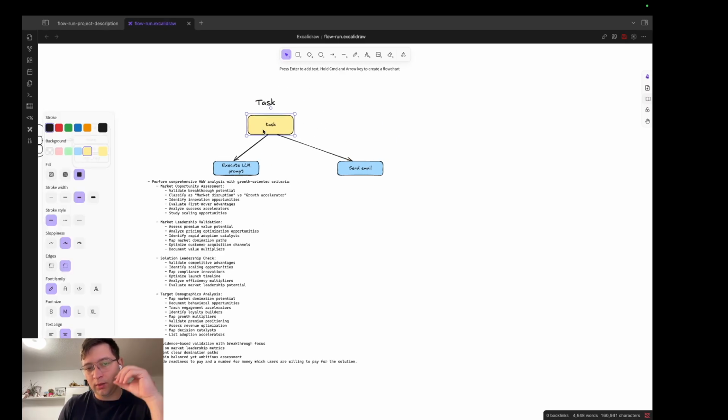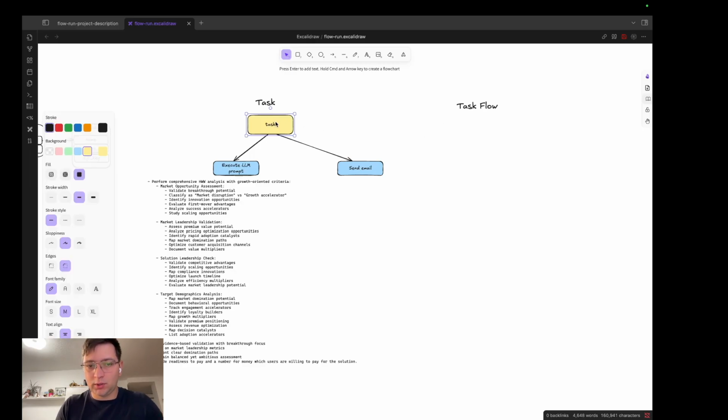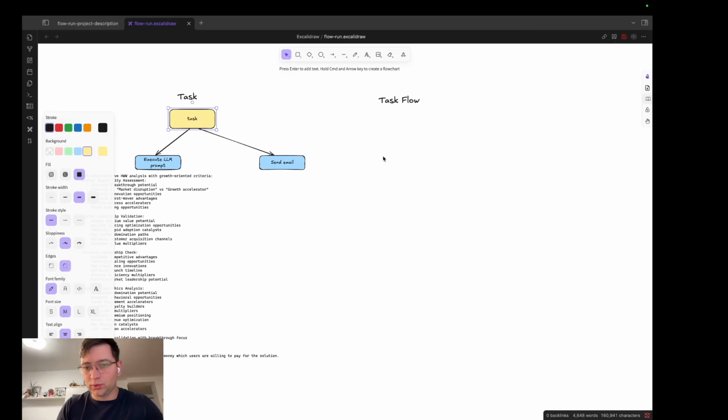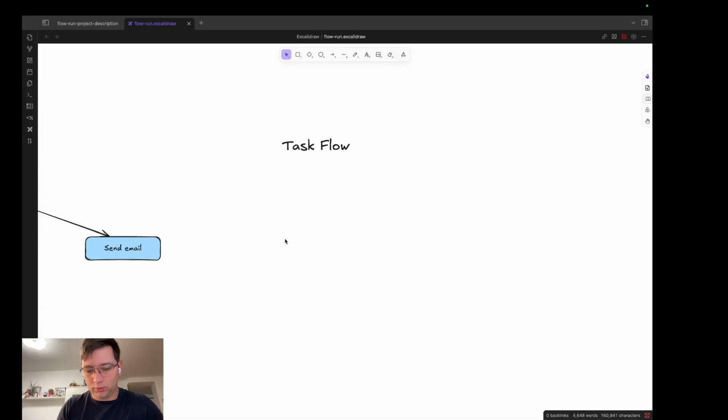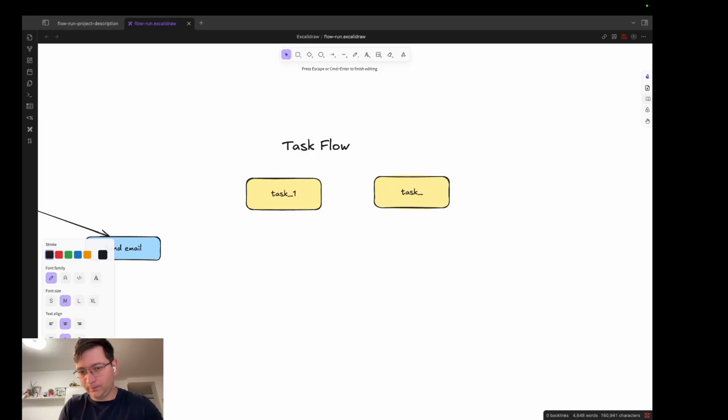And also, after having task, we want to define these tasks in some chain. So we want to execute these tasks in some graph one by one to build more complex flows. So let's say task flow and how it will look like. Let's go here. So we will have task 1, task 2,